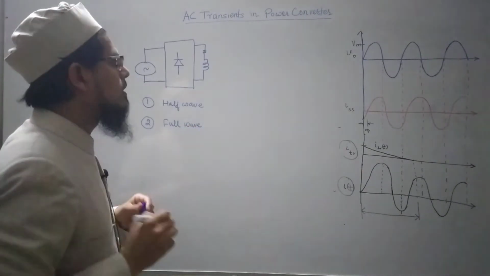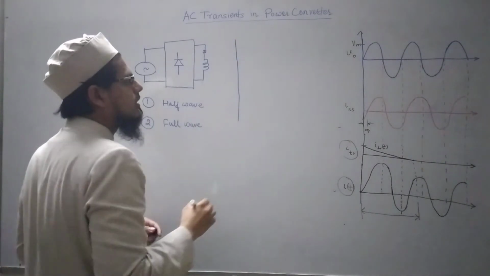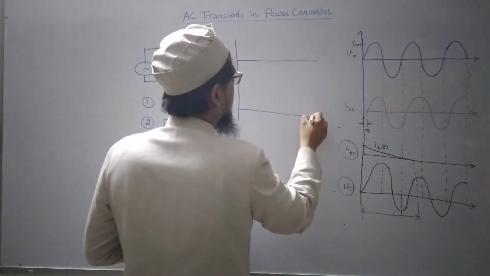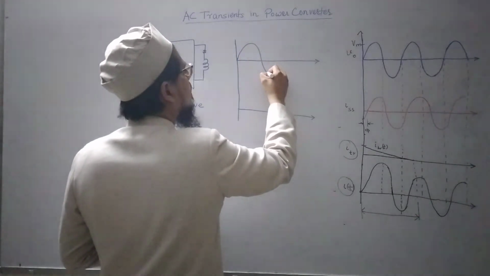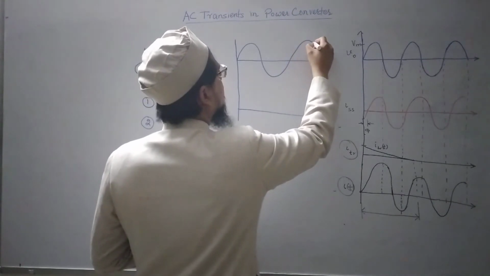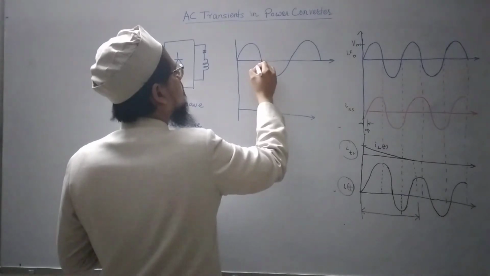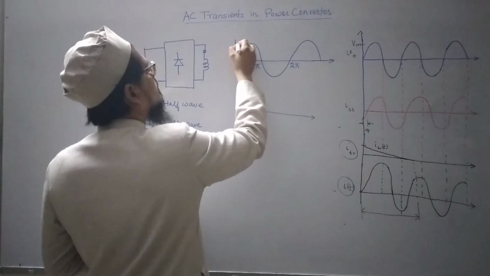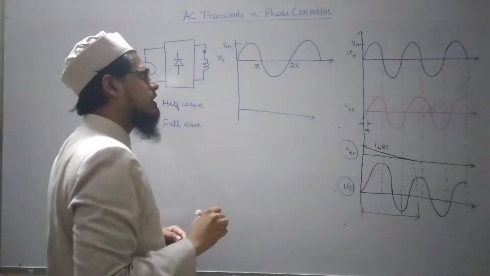Okay. So let me try to plot the waveforms first, then we will analyze the expressions, the equation for current and voltage. So this is the input voltage waveform. Let me draw it for the next half cycle also. So this is becoming 0 at pi, this is 2 pi, the peak value is Vm, and this is the input voltage Vs.